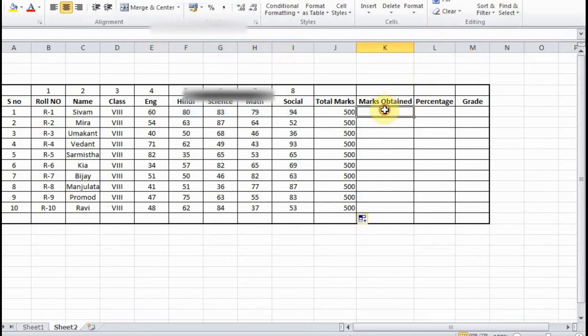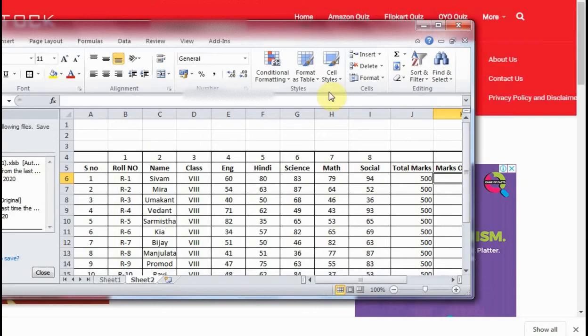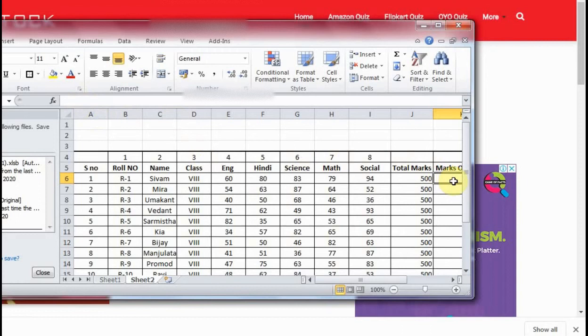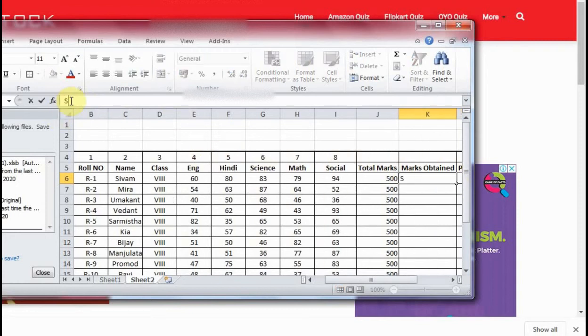So for marks obtained, what can I write? I can write SUM of. Let me show you guys. If I click on this cell, here I can write SUM of.